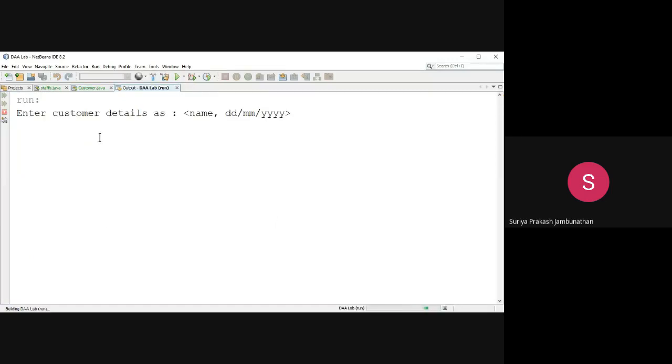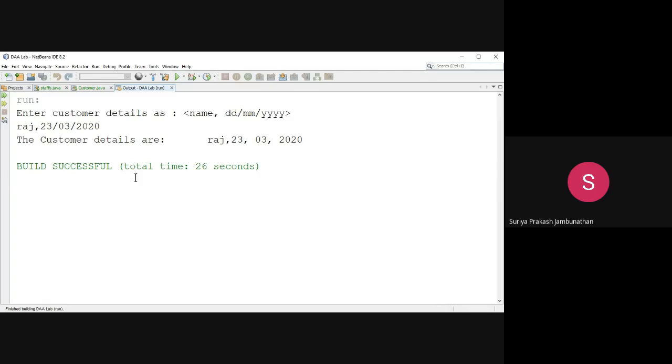So it's asking to enter the customer details. I'm giving the customer details as name, Raj, 23/03/2020. So this is the input I'm giving. Are you able to see the output screen, students? Are you able to see the output screen that I'm showing to you? Yes, sir. Please respond first. Okay. Now what output will we get? The output we are getting is